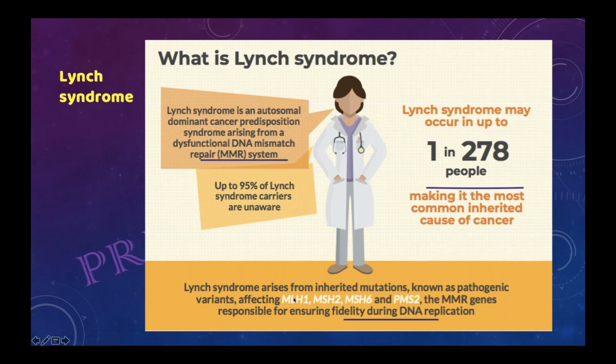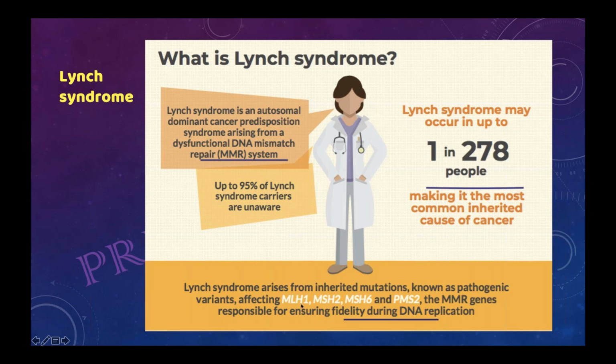MLH1, here it is L, then become S, MSH2, MSH6, and PMS2. Okay, so these are the responsible pathogenic variants. So these are the variants minimum you have to remember, because one question I have already seen, I have put also, that is from the